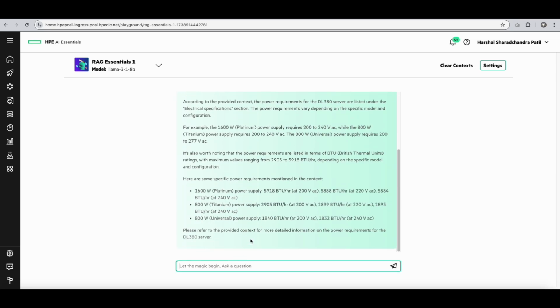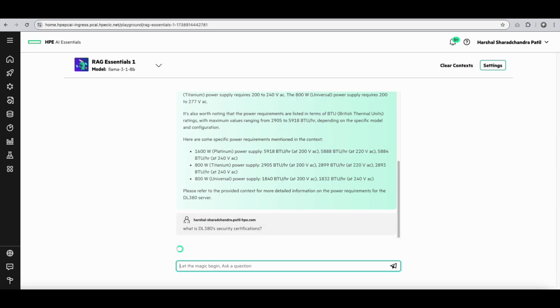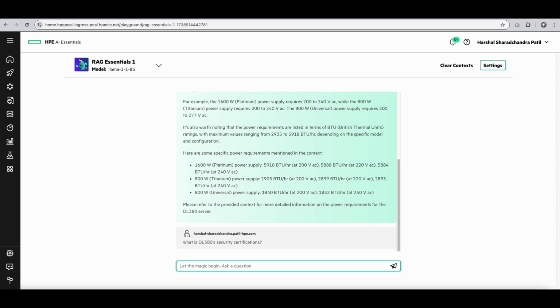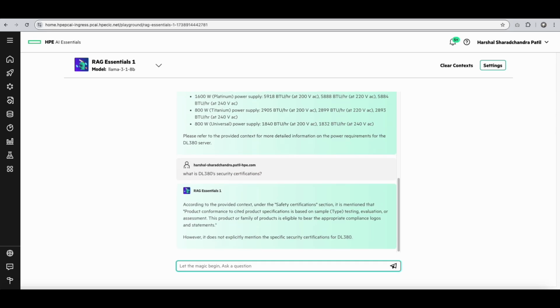So now let's try something interesting. So I will ask it about, let's just say, security certifications, security certificates. So to the best of my knowledge, there is no security certifications section, and that is exactly what the RAG Essentials chatbot tells us, that there's no security certifications, but it does tell us that there is a